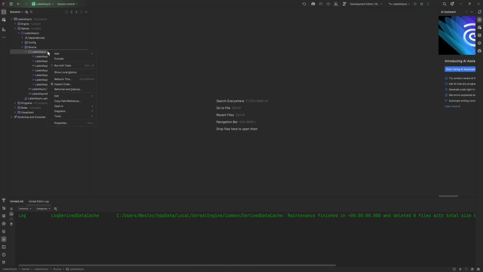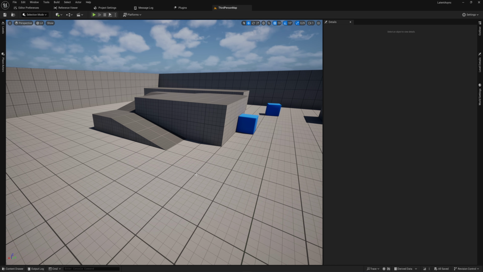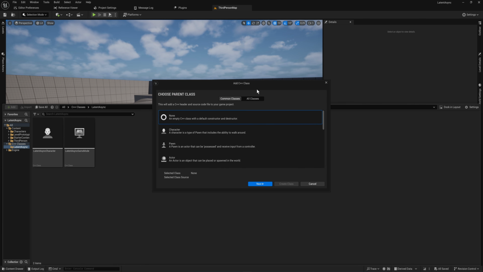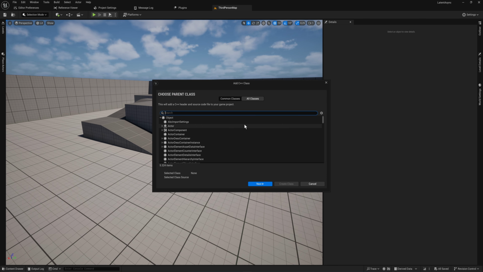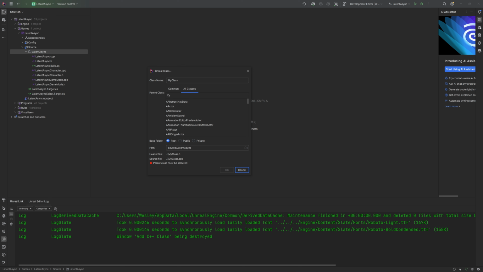For a latent node, I'm going to go ahead and add an Unreal class. This is why I like using Rider. If you don't have Rider, of course, you can just go into your project, C++ classes, and make a new class. And there in all classes, what you're going to look for will be the blueprint function library. Since I'm using Rider, I can do it from my IDE, which is just a little bit more convenient. So we're going to do blueprint function library, this one over here,